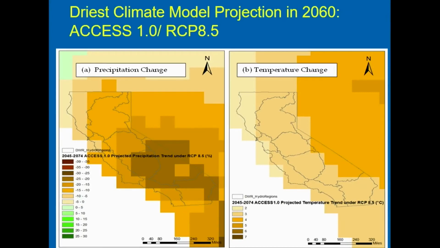This is from the Australian climate model, and you can see the precipitation change overall. California is very dry, like Southern California, with 30% decrease in the middle of the century, and the temperature change is basically 3-degree warming in the middle of the century. Next.